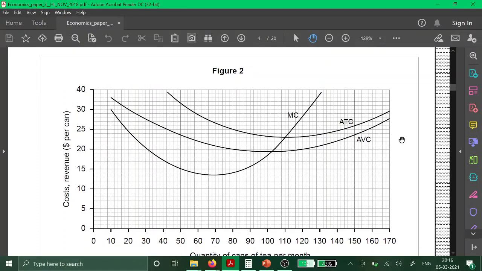So your MR will be 21. Oh, right. Okay. So your MR is 21. If it is 21, then it has to cut the MC. So this is the line where it is going to cross the MC. This is the point, right? Yes. So from here just draw the line to the x-axis and you get the answer. So this will be 106